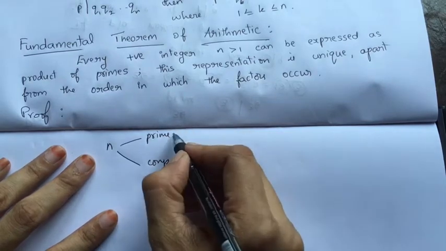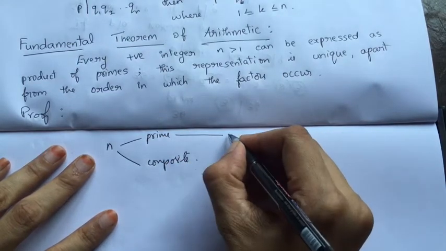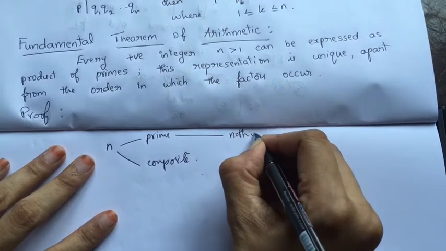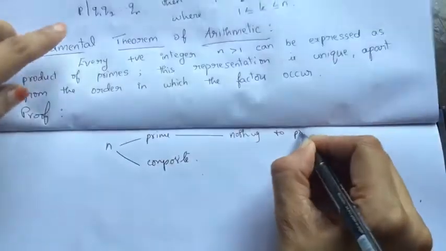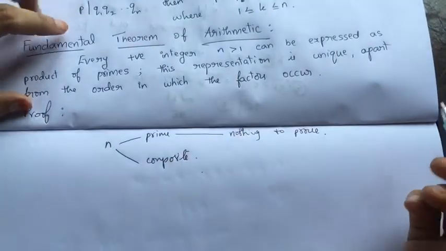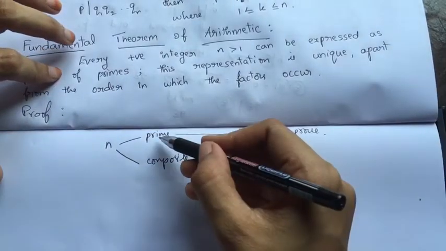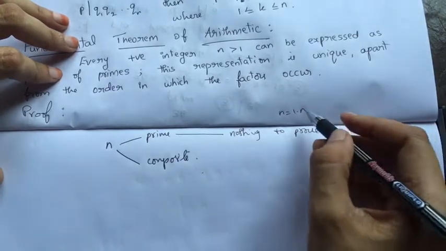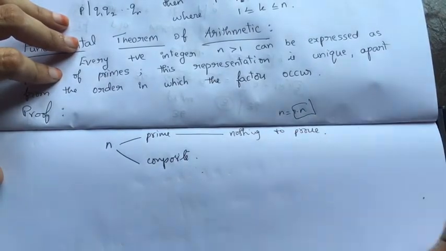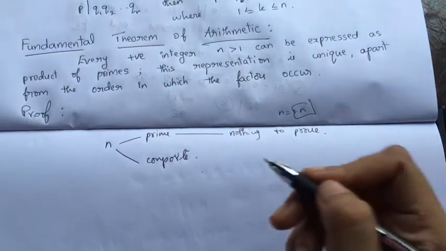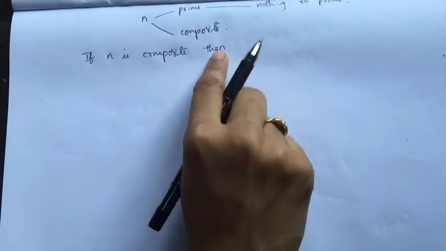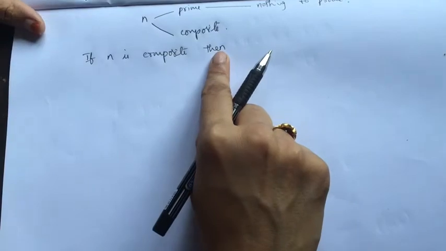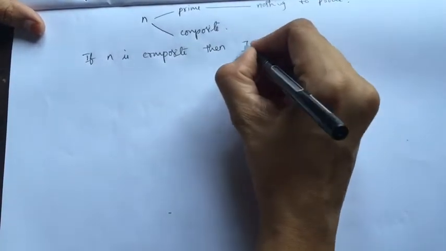If it is prime, then nothing to prove, because n can be written as 1 into n, and this representation is unique, no issue. If n is composite, then there exists an integer,